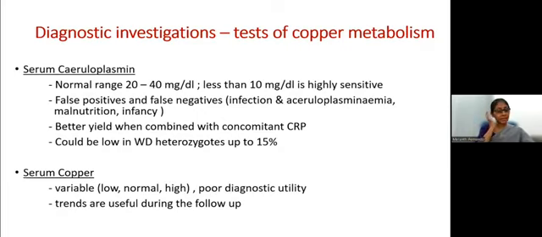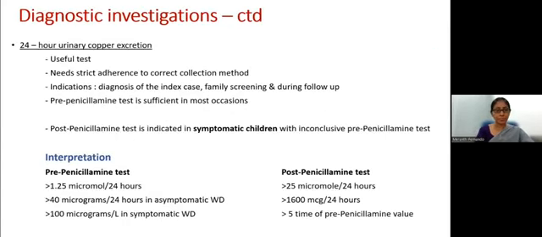So what are the key diagnostic methods? Ceruloplasmin is usually a reliable mode of biochemistry. The normal range is 20 to 40, and it's usually significantly low in affected children. Serum copper is not very helpful because it could be low, normal, or high. The 24-hour urinary copper, baseline pre-penicillamine and post-penicillamine test, is supportive,